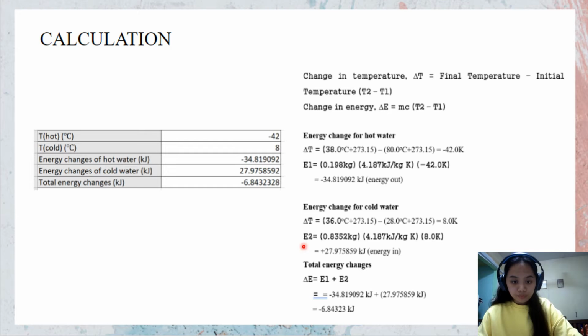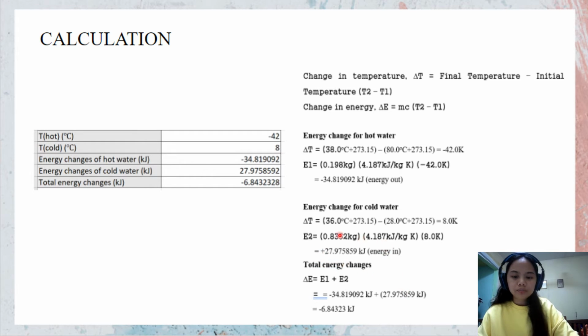So for the change in energy for cold water, we use the mass of cold water, which is 0.8352 kilogram, times the heat capacity of water 4.187 kilojoule over kilogram per Kelvin, times the change in temperature of cold water, 8 Kelvin, and we get positive